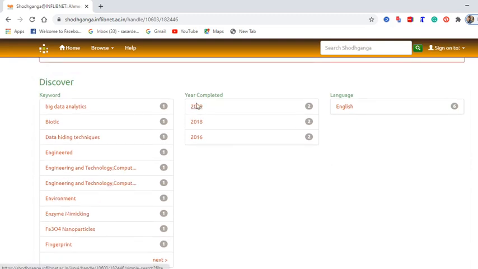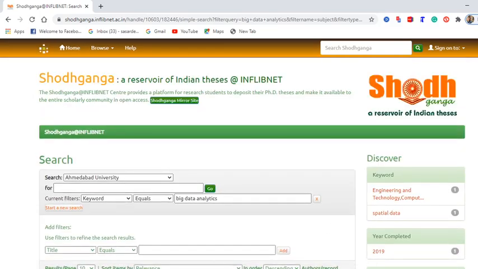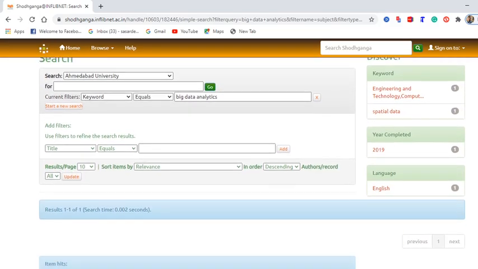You can also select by year completed and by language. Suppose I would like to search the keyword big data analytics, and you can find the related theses of big data.